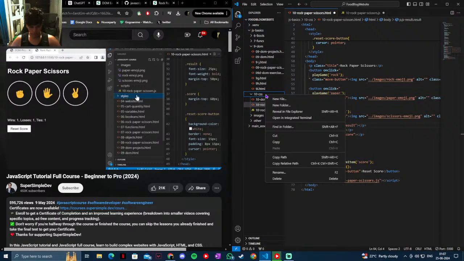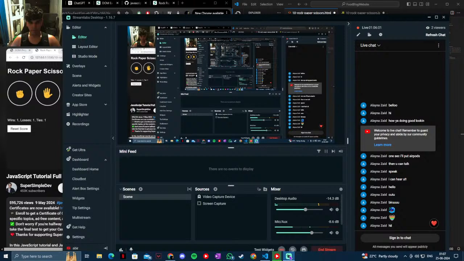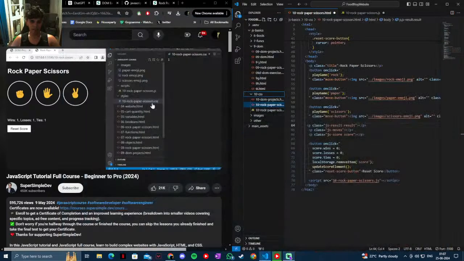Let's click the folder, and we'll create a new file by clicking this icon, and let's name this file 10-rock-paper-scissors.css and press enter. So ending the file with .css